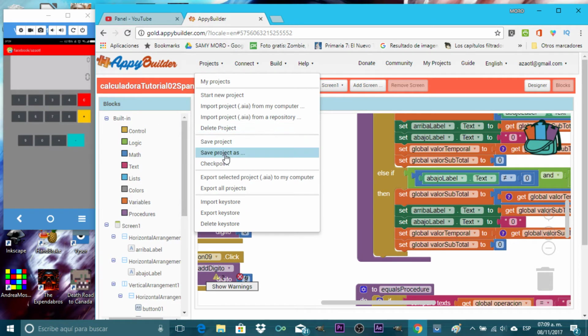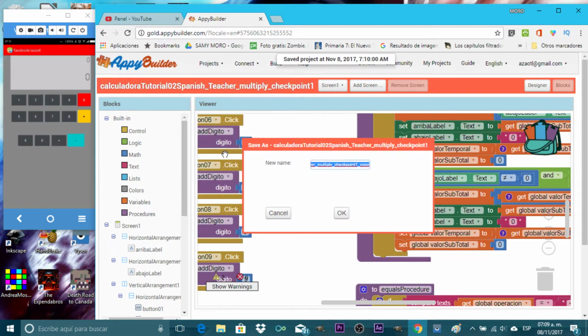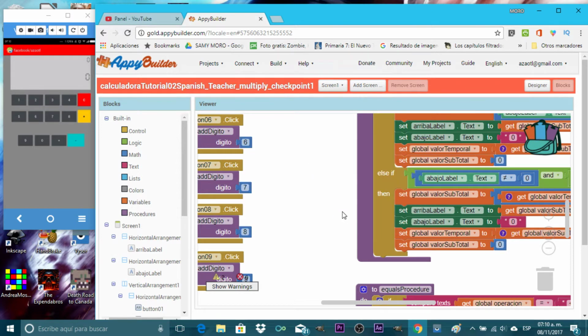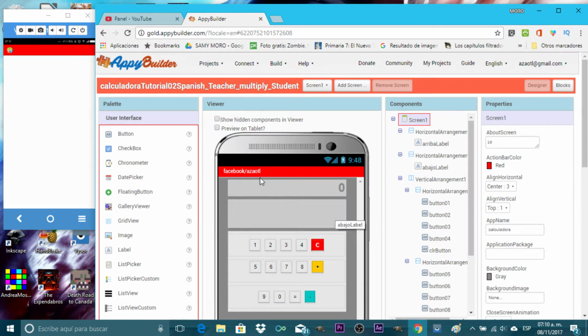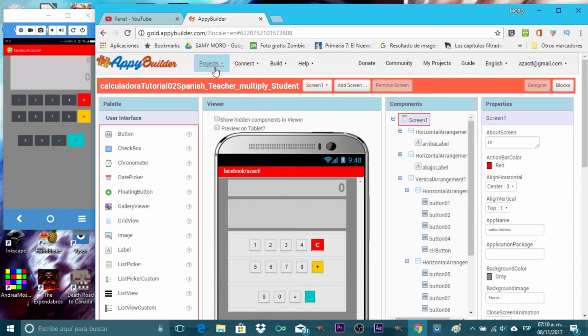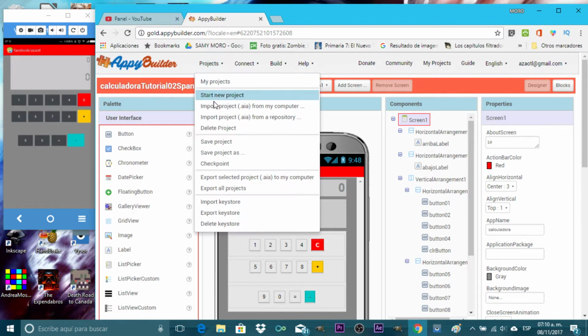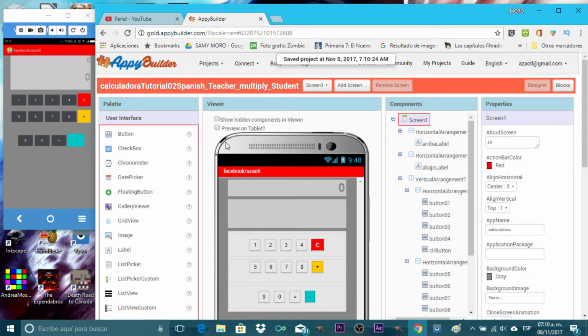So let's export or save this project as multiply first one for you, student. So you can start from here if you haven't checked the other tutorials, but I recommend that you work with the previous tutorials. Or let's save again this file, save project as,